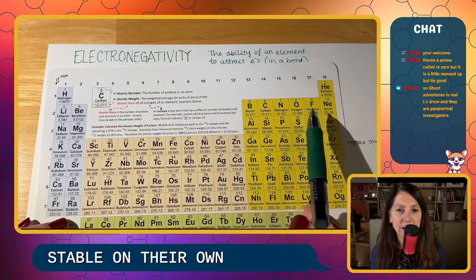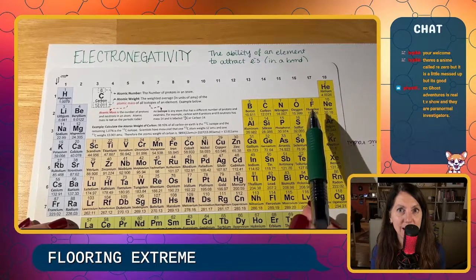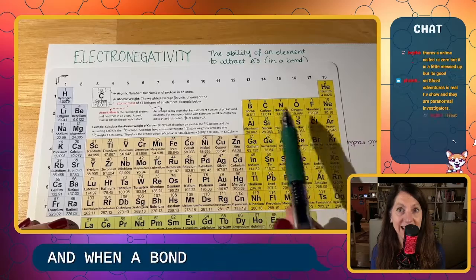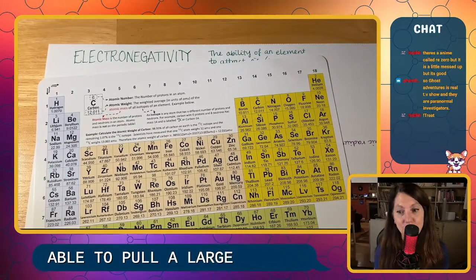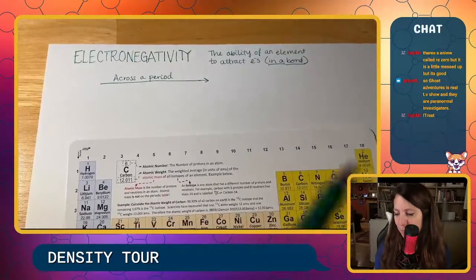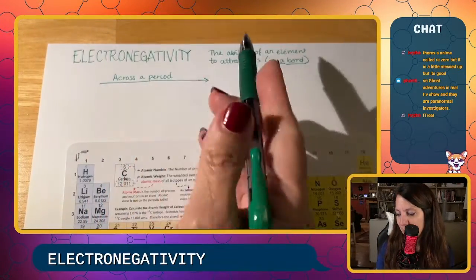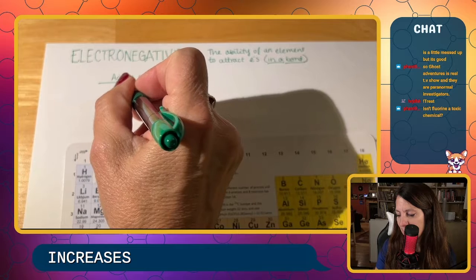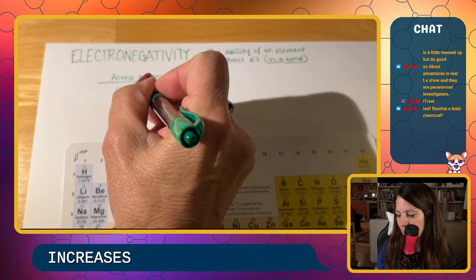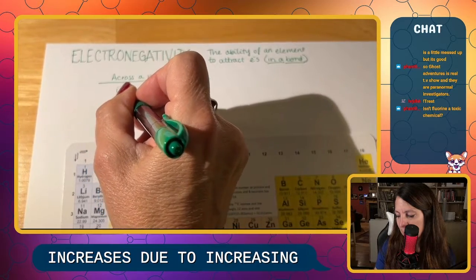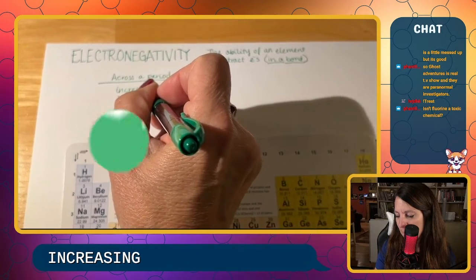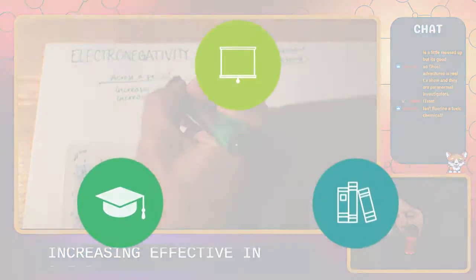But fluorine, extremely high effective nuclear charge, and when it bonds to anything else, it is going to be able to pull electron density towards itself. So electronegativity across a period increases due to increasing effective nuclear charge. Okay,